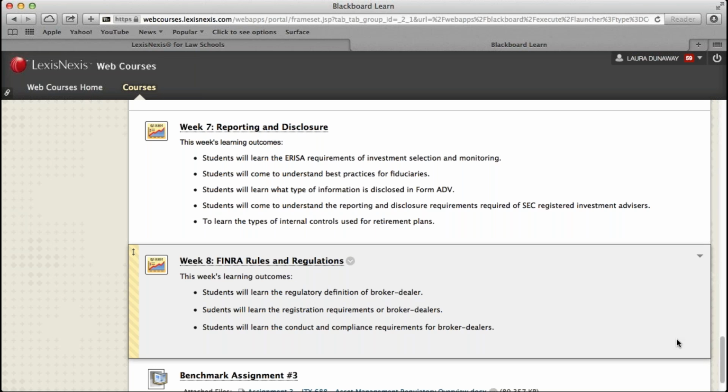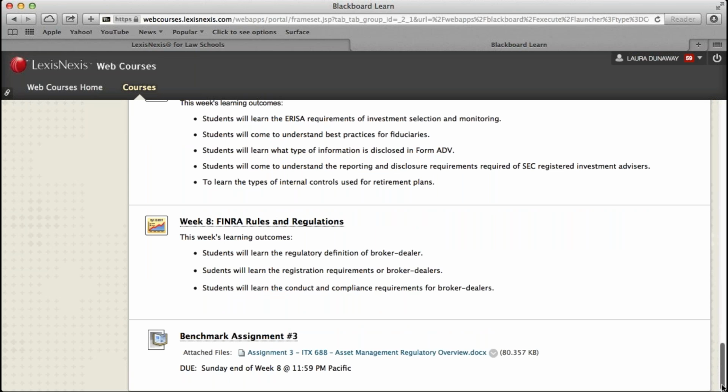So this week, for the final week, week 8, we will be discussing FINRA rules and regulations. There are 3 learning outcomes for the week. You want to make sure that you learn the regulatory definition of broker-dealer, the registration requirements for broker-dealers, and the conduct and compliance requirements for